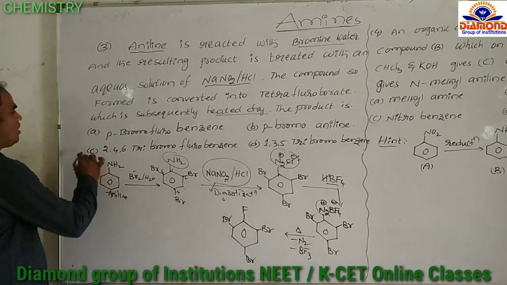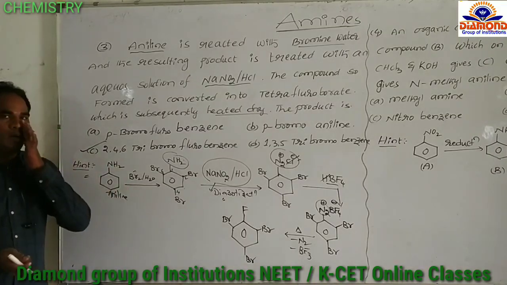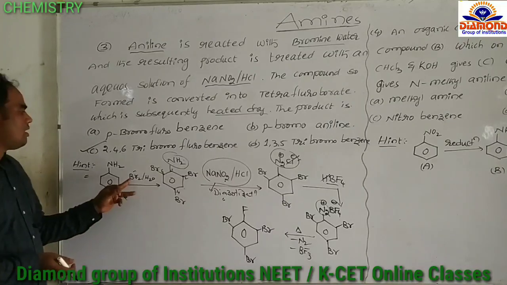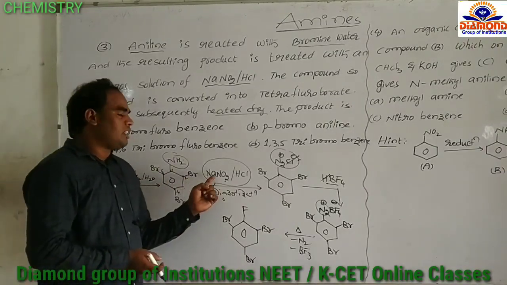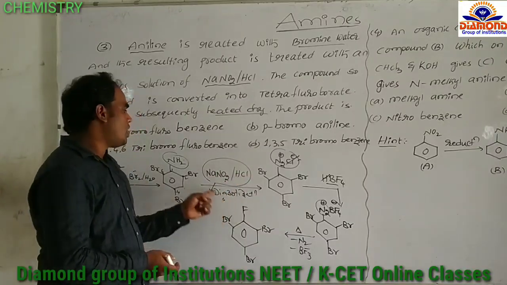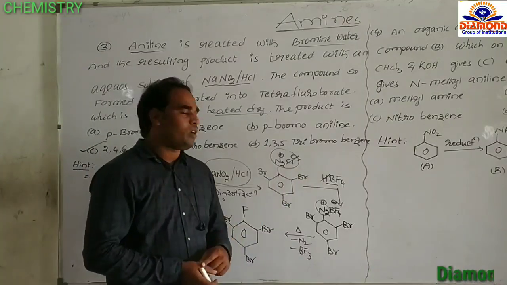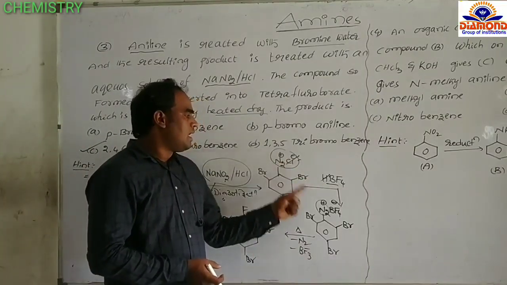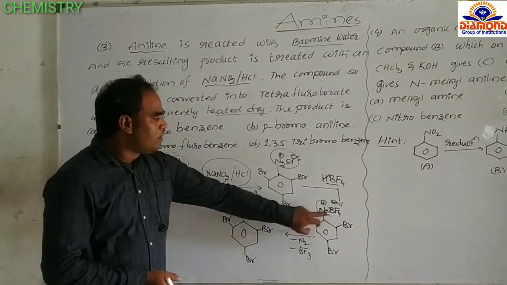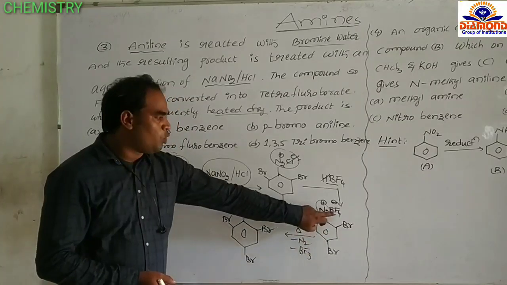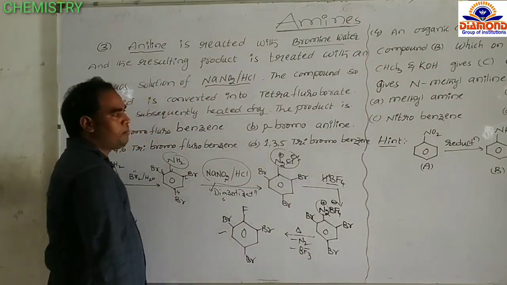Okay. So therefore, option C, 2,4,6-tribromofluorobenzene, is your final product. Again, here aniline reacts with bromine water to give 2,4,6-tribromoaniline, and it reacts with NaNO2 and HCl. This is the diazotization. The NH2 group is converted to a diazonium salt. It reacts with HBF4, and then it is converted to N2BF4 minus. By heating, N2 and BF3 are eliminated. Here only one fluoride remains. Therefore, 2,4,6-tribromofluorobenzene is the product.